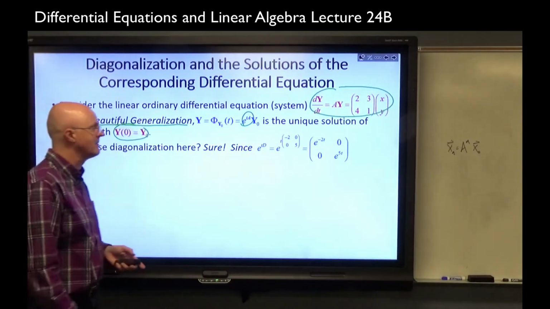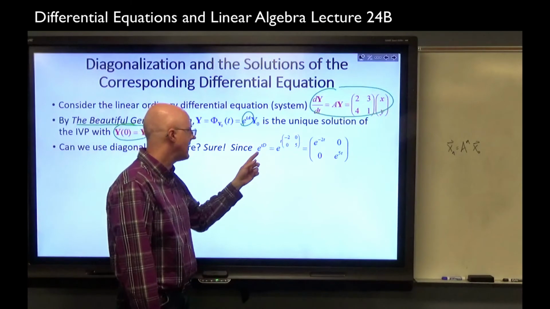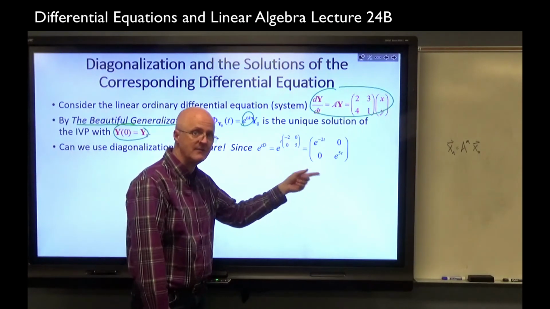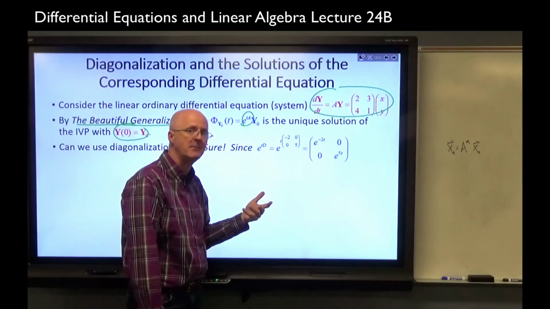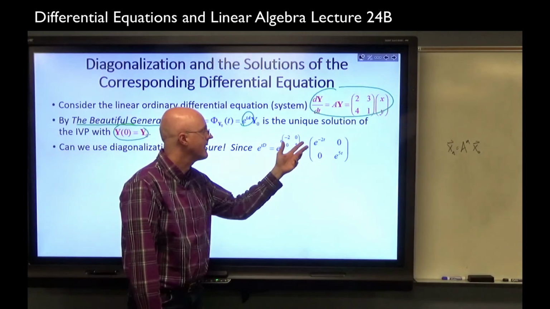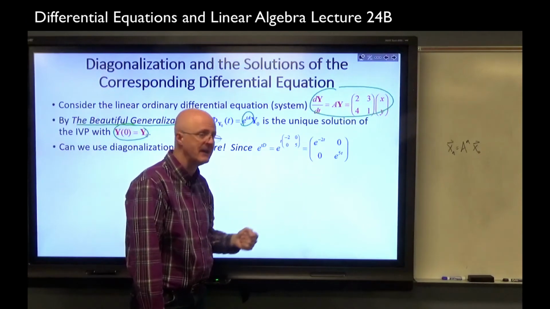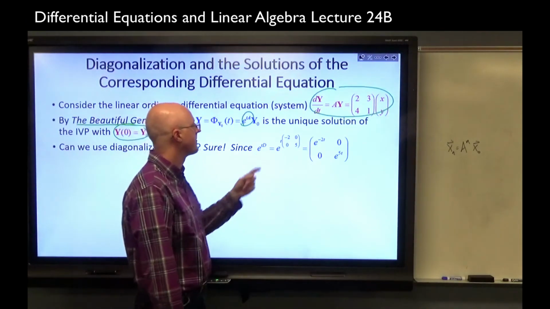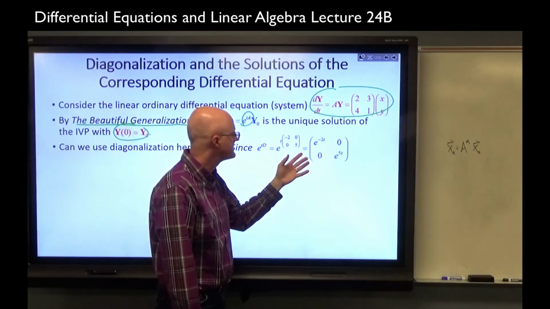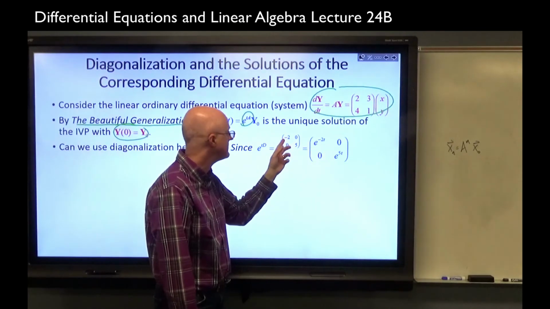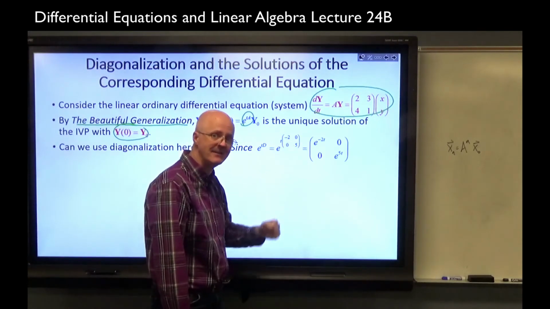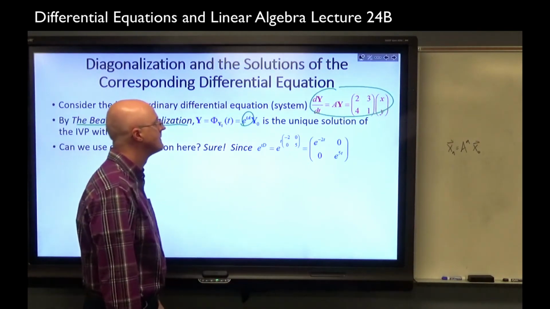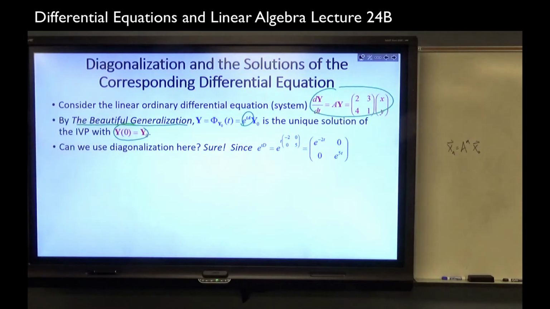Well, for one thing, e to the t times D power is easy to compute. We've talked about this before too. Corresponds to completely decoupled systems. And we also saw Mathematica gave us this kind of output. You make it a new diagonal matrix whose entries on the main diagonal are e to the t times these numbers on the main diagonal, the eigenvalues of A, and zeros on the off diagonal. You get a diagonal matrix there. And also, since